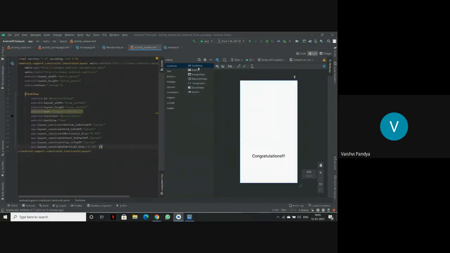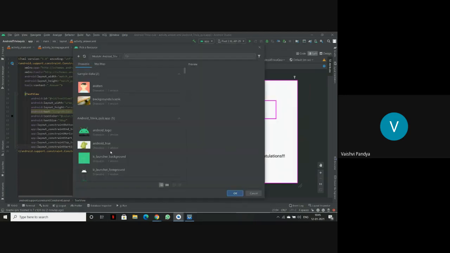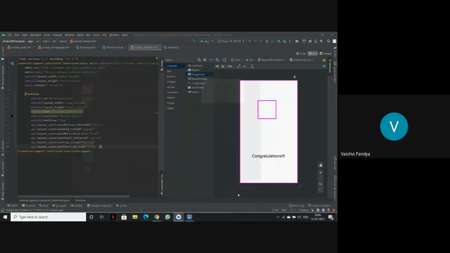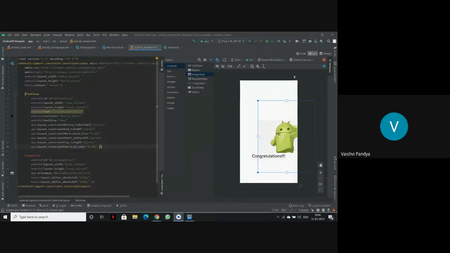So now I'll again use the image view and choose this option. I'll just reposition it according to me, however I want this. I'll constrain it.